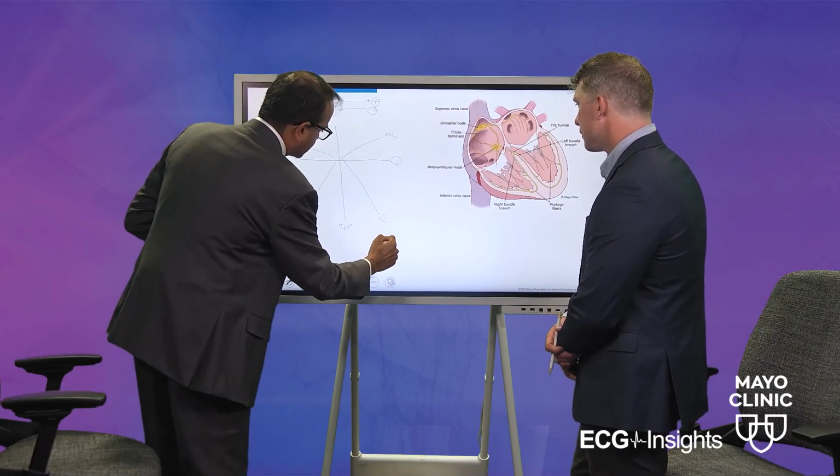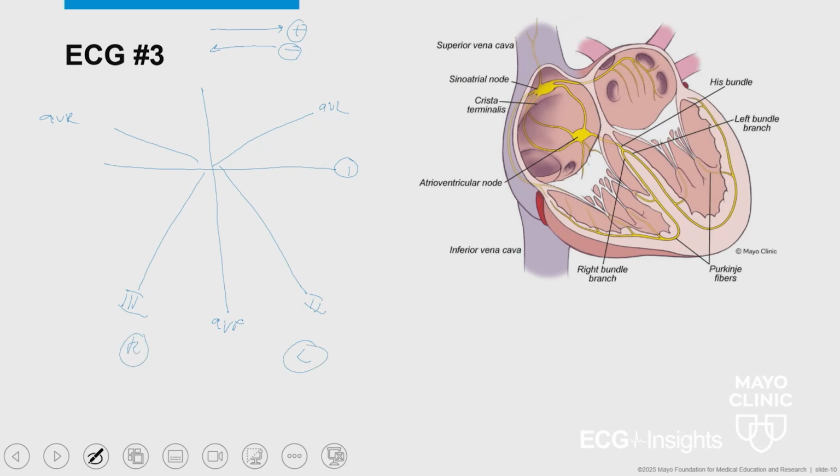Now this is the left side and this is the right side. So lead 3, as you know, is on the right side, AVR is on the right side, while 1, AVL, 2, and AVF are on the left side, and AVF, as you pointed out, is more the center part of the triangle of Einthoven. Now imagine there is a right coronary artery, which I'm going to draw, which looks like this. Okay, so this is the right coronary artery in the LAO view, or left anterior oblique view.